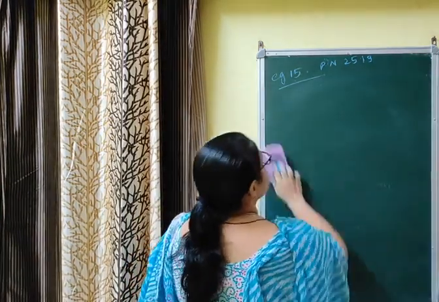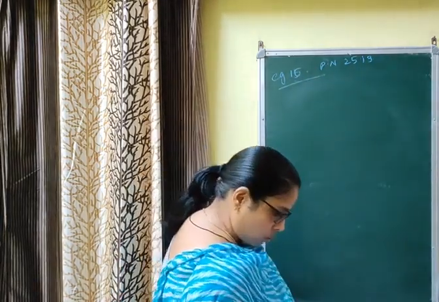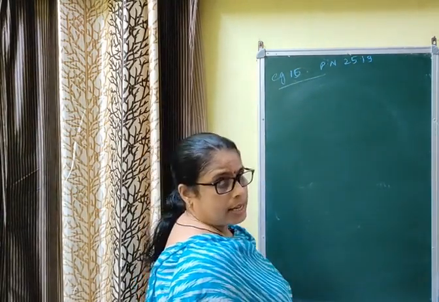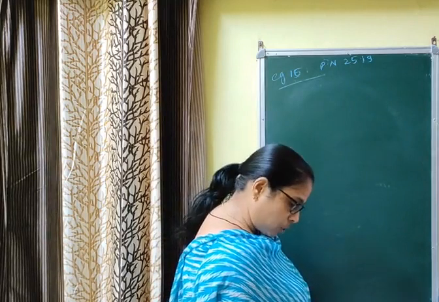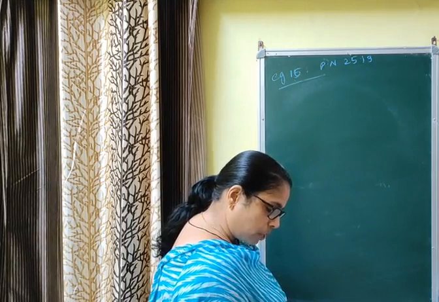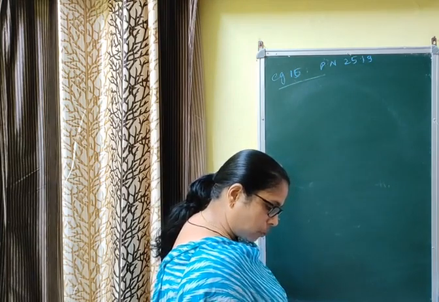Example 16 is next, on the same page number, and it is very important. This may come for examination also. You can find this question in the NCERT miscellaneous exercise, and it is also an NCERT exemplar question. I am reading the question. An equilateral triangle is inscribed in the parabola y square equal to 4ax, whose vertex is at the vertex of the parabola. Find the length of the sides.